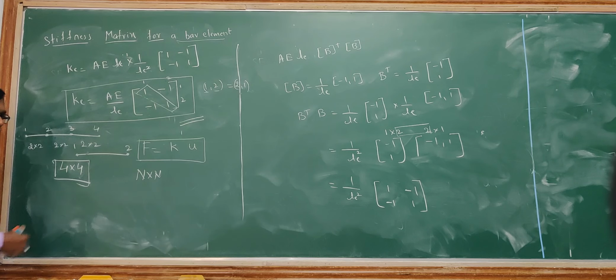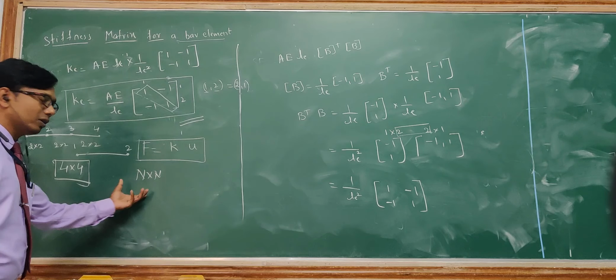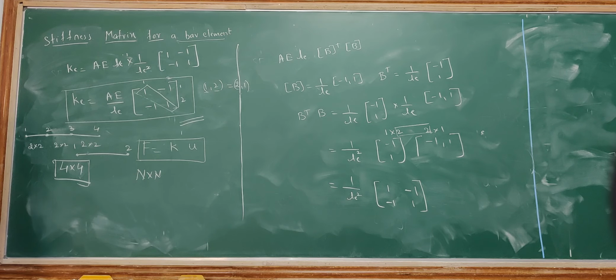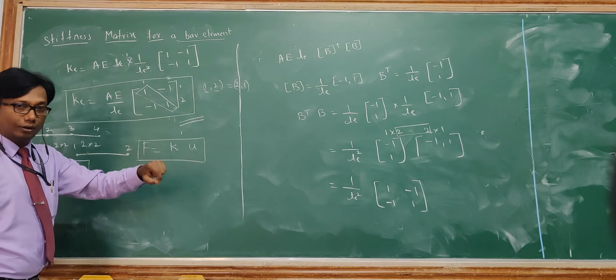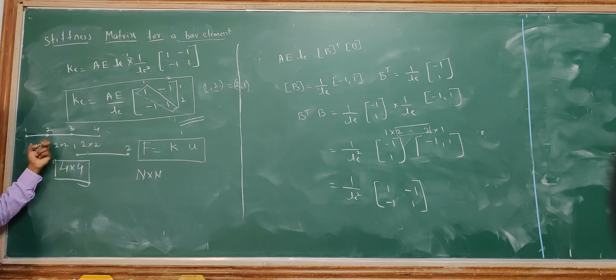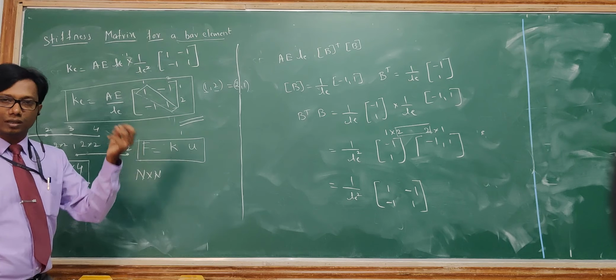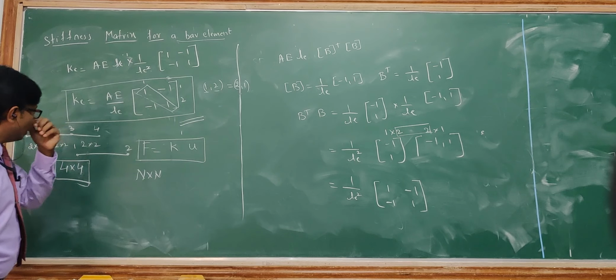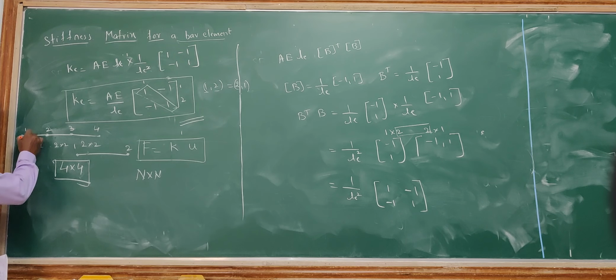Okay, so how many nodes are there? That many will be the size of the stiffness matrix. So you have to understand here, it depends upon the nodes and their degrees of freedom. For this particular problem, each node has a single degree of freedom. When you go for a beam problem, each node has 2 degrees of freedom. One is the vertical displacement, and one more is the slope. So when we go for a beam problem, this becomes double. In the same problem, whenever I solve it as a beam, this node has 2, this node has 2, this node has 2, this node has 2.